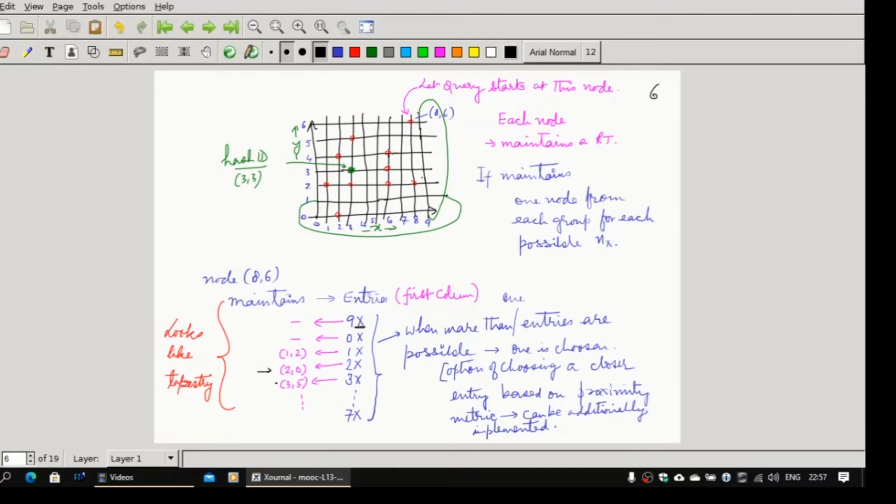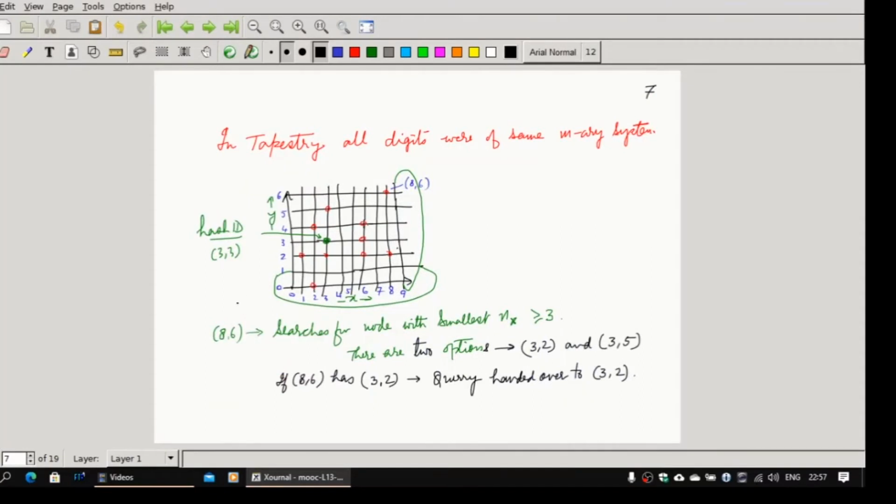In fact, there is a possibility here that we can use a proximity metric, which we have talked about in Pastry routing. Basically, whoever is closer to you, in terms of either number of hops or round trip time delay, the one which is closer to you can be chosen and put. That will optimize the performance of your DHT system.